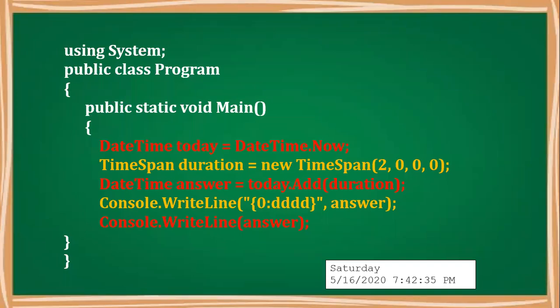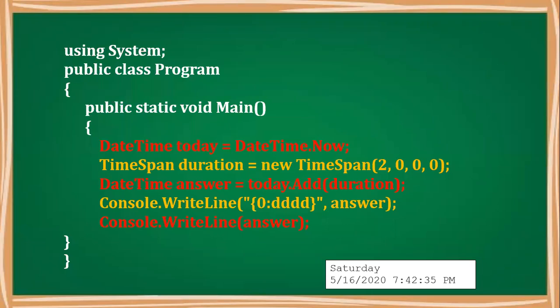Here in DateTime, we have created an object today, and it is assigned to DateTime.Now to get the current date. So that means we are not using the new keyword here, because we are accessing the static property called Now. So what's the current date and time? It is a built-in property. It is not a method or constructor. So still, DateTime we can assign without the new keyword.